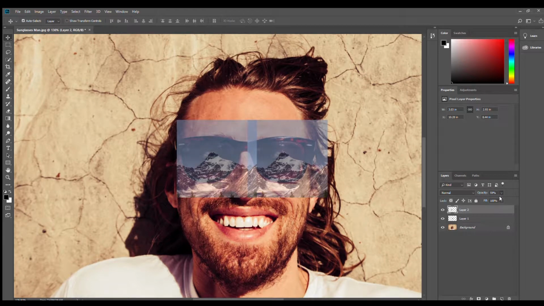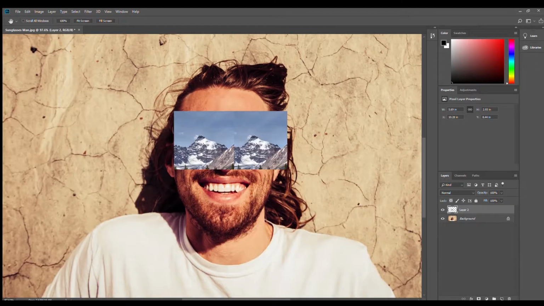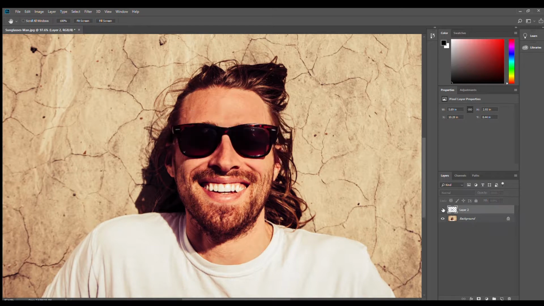Next, we're going to bring the opacity back up full on both images. So one at a time, click on the image and bring the opacity up full. Moving forward, it will be easier to deal with these images as one layer. So to do so, hold Shift, select both layers on the right hand side, then hit Command E, which will merge the layers together. Moving on, you're going to want to make the layer image of the reflection invisible, then